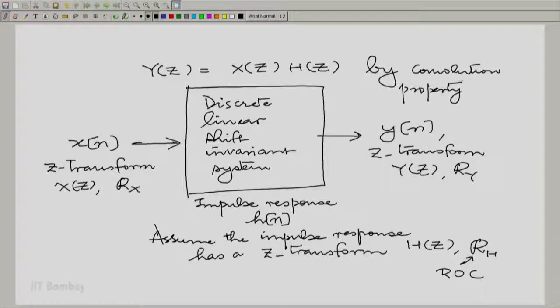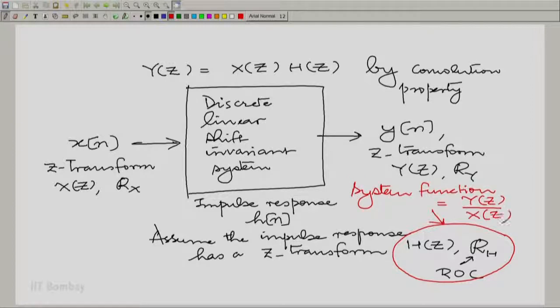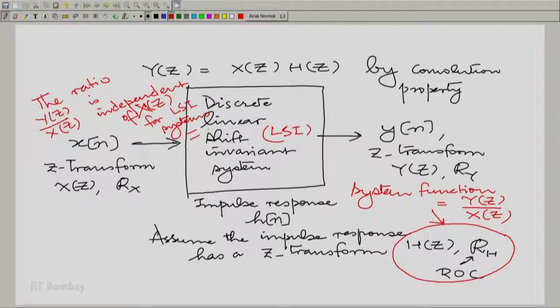And therefore, h of z, which is called the system function here, like the case of the Laplace transform, tells you what is the ratio. The system function, this ratio of the output Z transform to the input Z transform, importantly is independent of the input Z transform for LSI systems. That is very important. Now, you see, what is the role of again the factors in the denominator and the factors in the numerator? We want to again give them names,